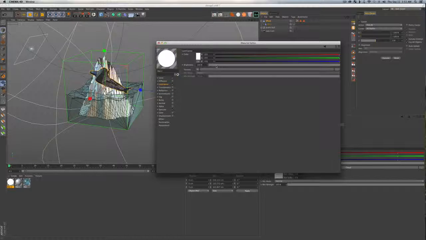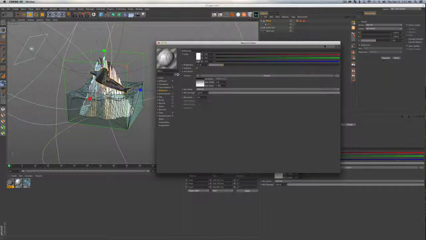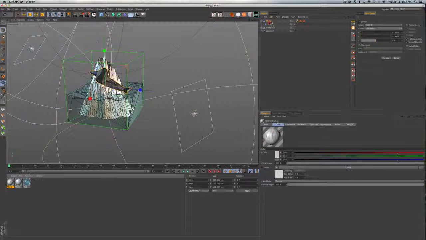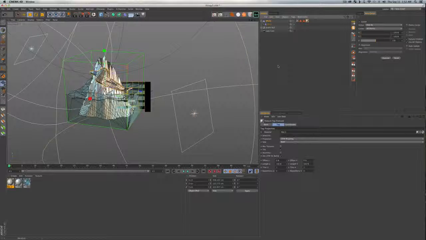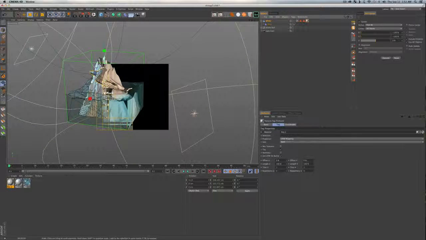I'll turn my luminance up a little bit so he glows a little bit, maybe a little bit of reflection. We'll go 11, and for the Fresnel, we'll go to 11 as well. And we'll drop this texture onto our whale. And now it just has a little bit more character, some nice color streaks to him, and he's in our